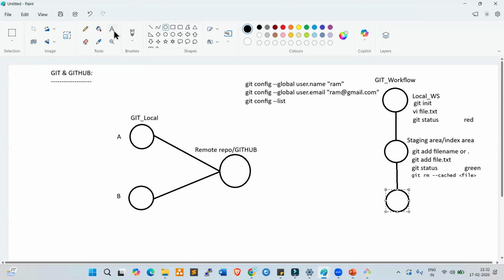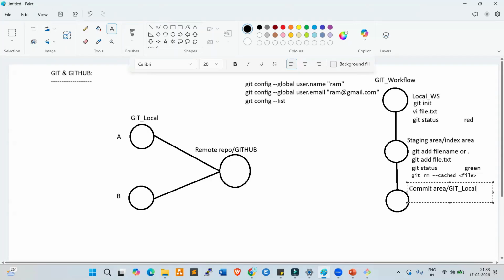So this is commit area, or git local, right? So how can we commit the code? Let me explain. The code is in staging area, right? Now I want to commit. The command here is git commit